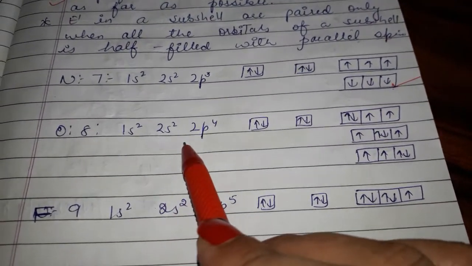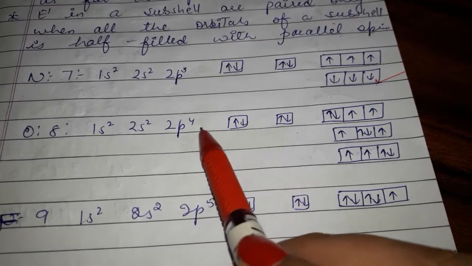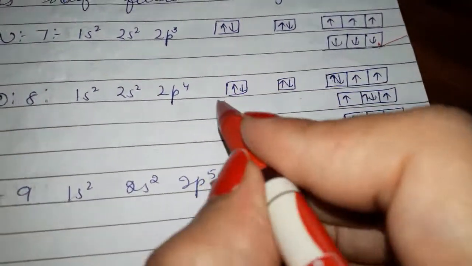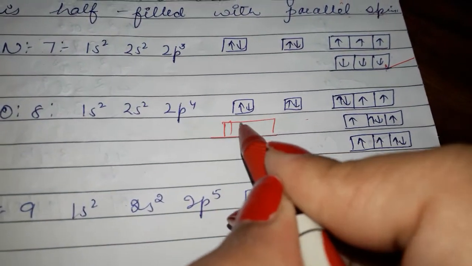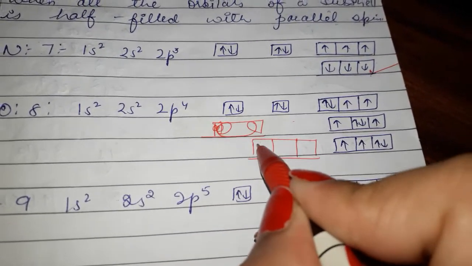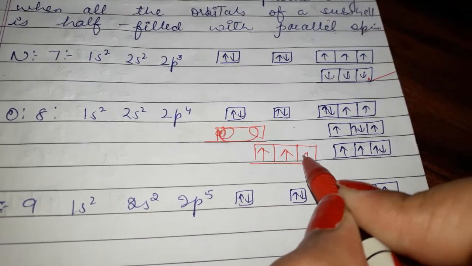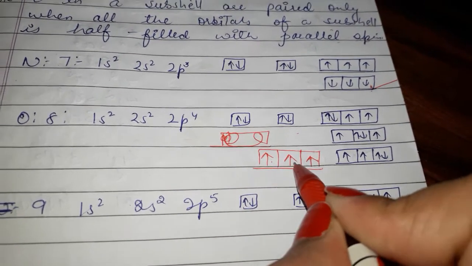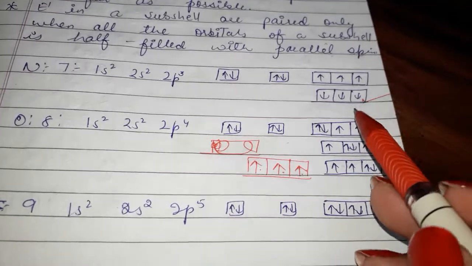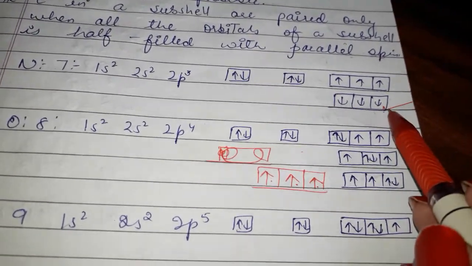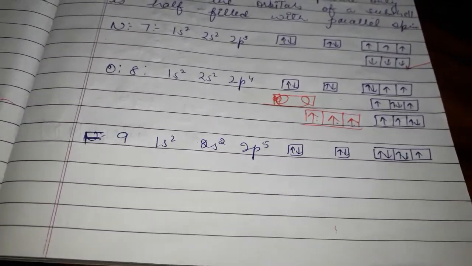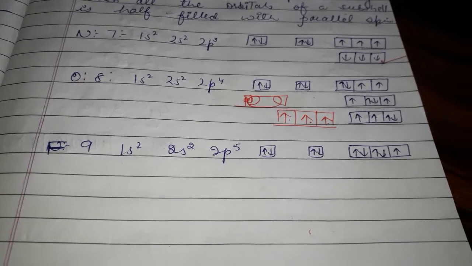Okay, now for nitrogen, this arrangement is true: 1s2 2s2 2p3. Now for oxygen, where pairing will occur, why? 1s2 2s2 2p4. We have 4 electrons and 3 orbitals, so we have to do pairing. First of all, we will fill 2p1, 2p2, 2p3. Now the 4th electron can go here, here or here, anywhere. But the pairing will occur only when all the orbitals are half filled. Now you can write all the electronic configurations up to the 20th element, calcium.